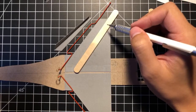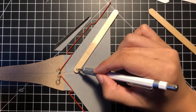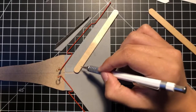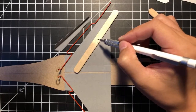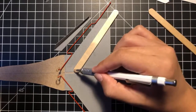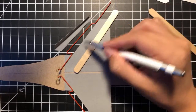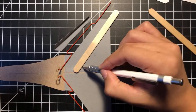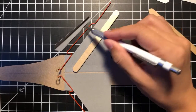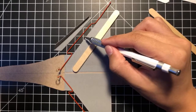It looks like it's a little long. But if we're gonna start trimming, then we might as well sand this down to match, right? To make it align with the center line. And then so yeah, cut this, cut that, make sure this is aligned with this edge right here, right? Align all properly. And then probably assemble this to this first, right? The surface, the actual surface to the,